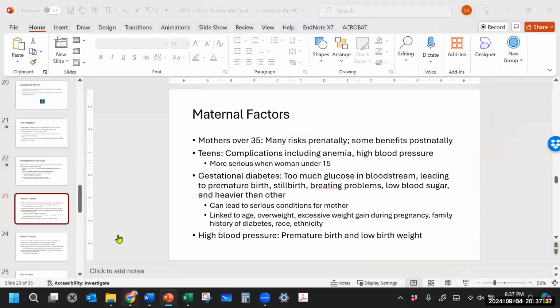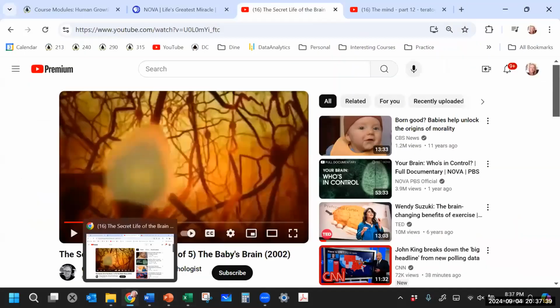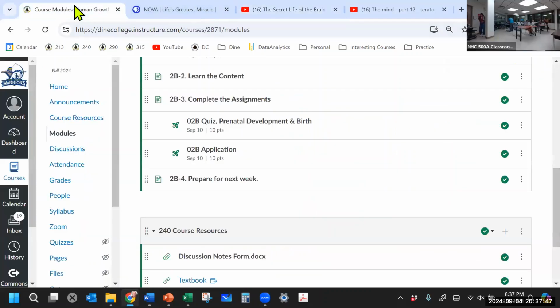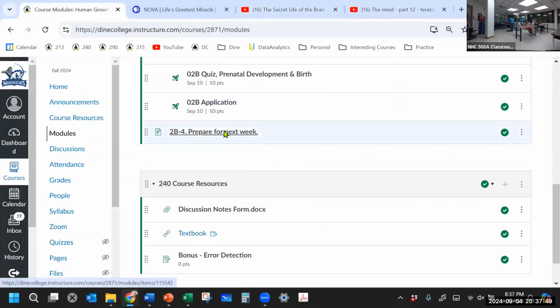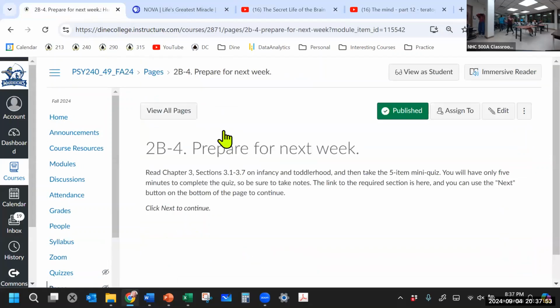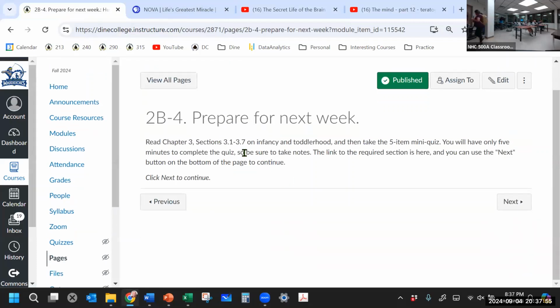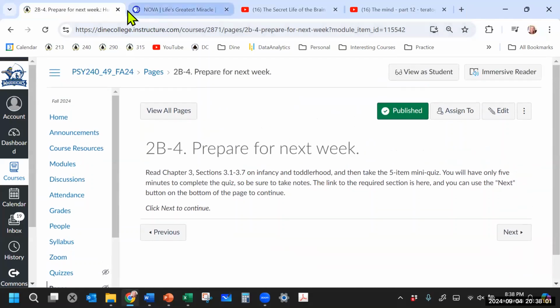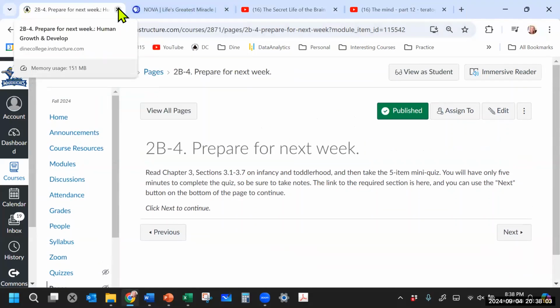It says prepare for next week, and you'll see what sections are in there. It's also in the syllabus. Okay, that would be infancy and toddlerhood? Yes, just read the first part of that chapter, because we're going to cover it a little more slowly. Here it says 3.1 to 3.7. Okay, all right. It's just the way I printed my